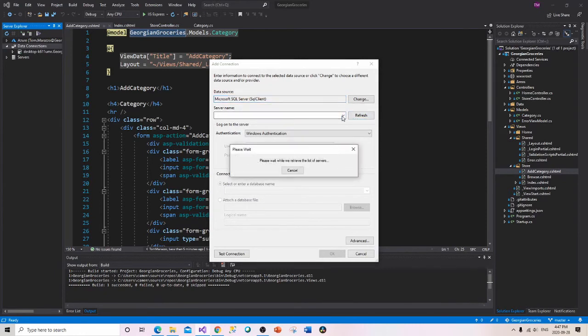Notice when I do the drop down, it says, please wait while we retrieve the list of servers. Sometimes this takes a bit of time. That didn't produce anything, so what I will do is just type in local in the brackets again. So, local. Okay, that was incredibly slow, but